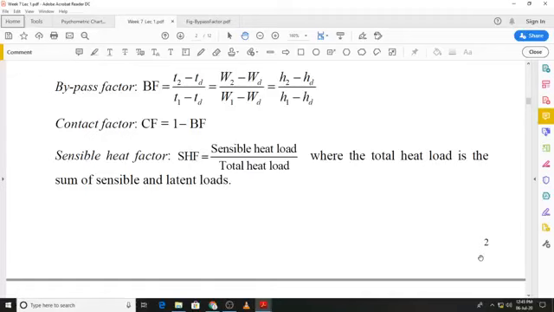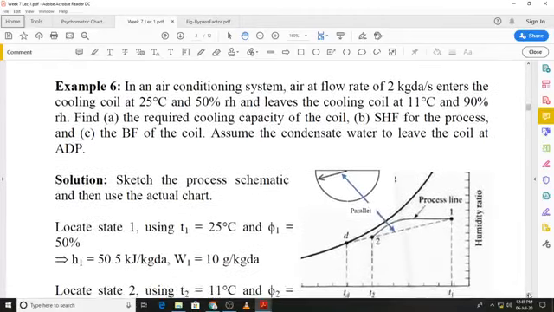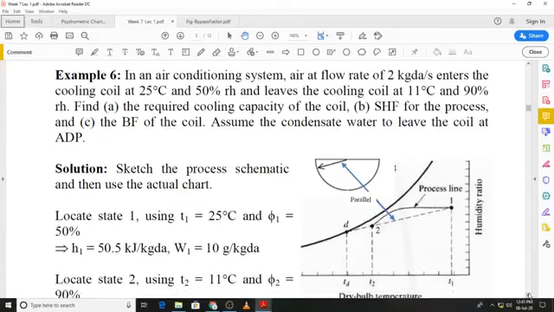And we will move on to an example based on the cooling and dehumidification process that we have studied. We are given the condition of air which enters a cooling coil at a certain flow rate, and also the condition of the air when it leaves the cooling coil, and we are asked to find out